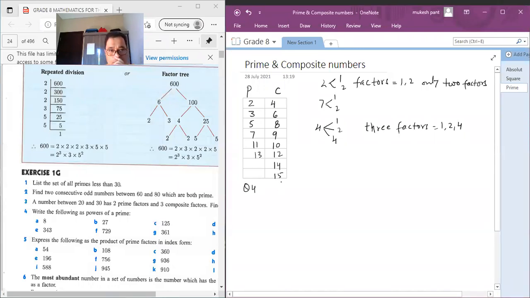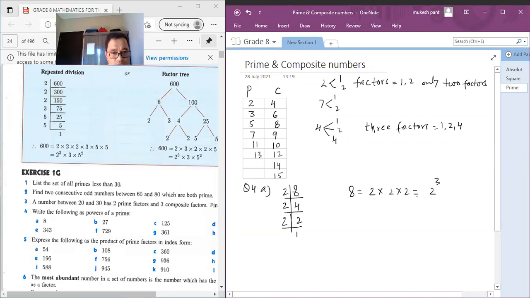Here, as you can see on your screen, we have repeated division, or we can say prime factorization, repeated division method, or factor tree. So we are using this repeated division, and we can continue with this method. Like we have 8. So for 4A, 8 means we can divide 8 by 2, 4, then until we get 1. So 8, what can we write? 2 times 2 times 2, that is 2 to the power 3.